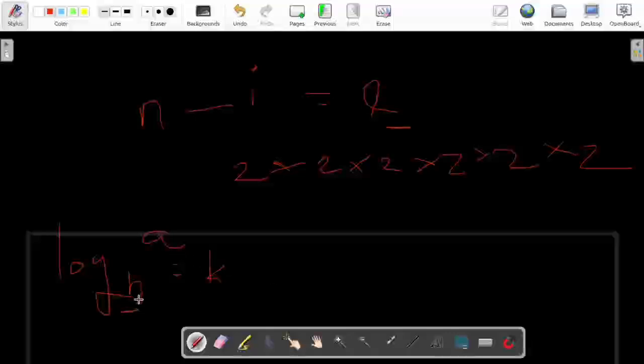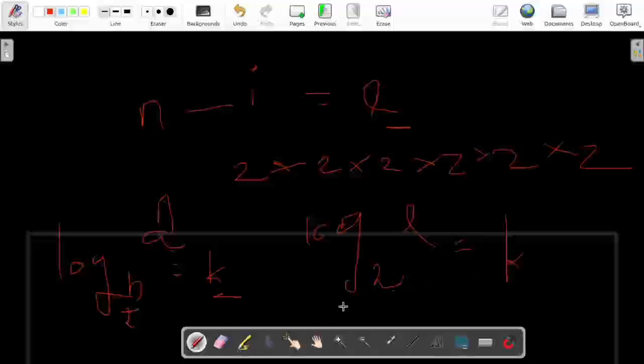What this simply means is that we need K powers of B to reach A. Correct? Now, as we know, every number is constructed using powers of 2. So we will be needing some K number of 2s to reach that particular number N. Correct? So if I write 2 and this L, it simply says that